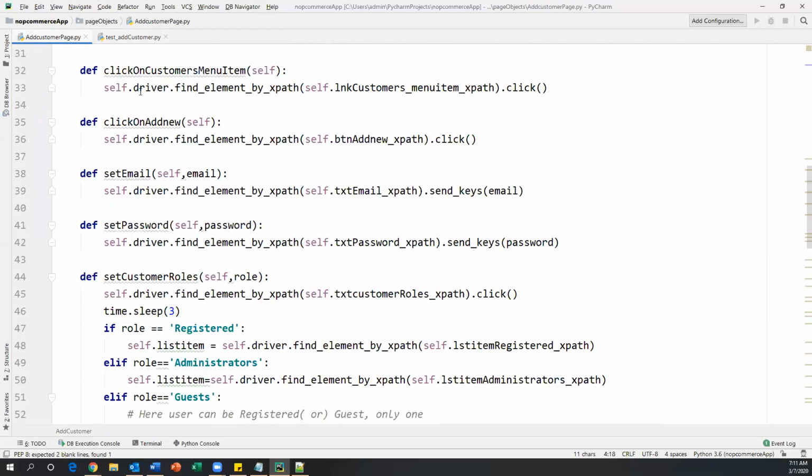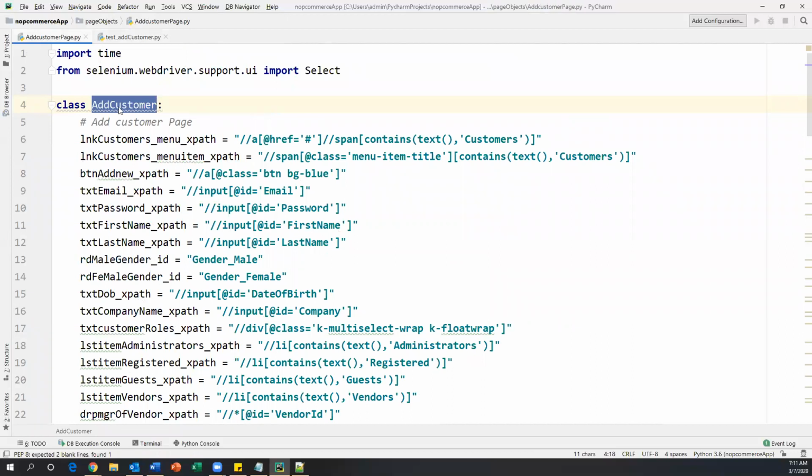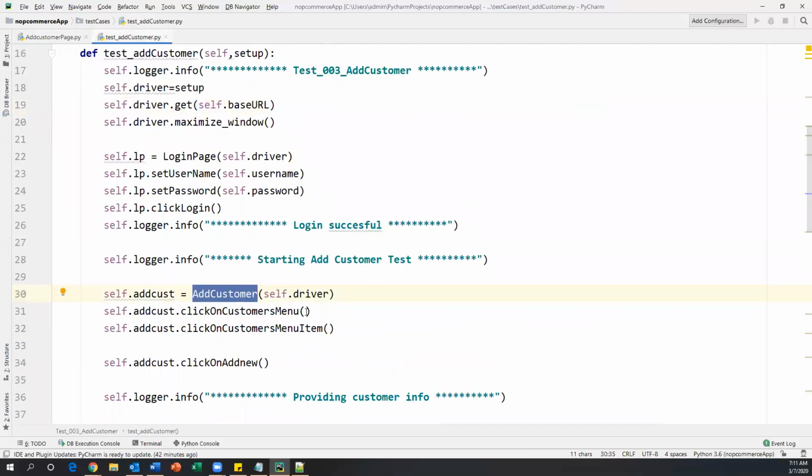To access all the methods from this page object class, I need to create an object for AddCustomer. Going back to your test case, AddCustomer expects the driver, so I'm passing the driver and saving that in the variable self.add_customer. Now by using this variable object, I can access all the methods from the add customer page.